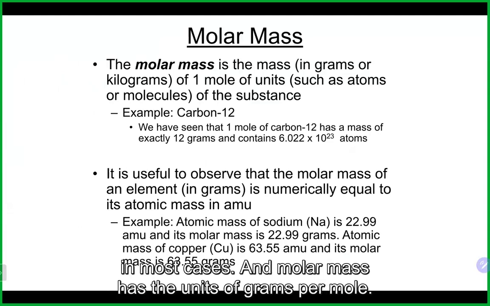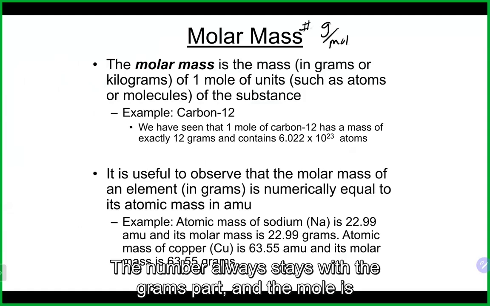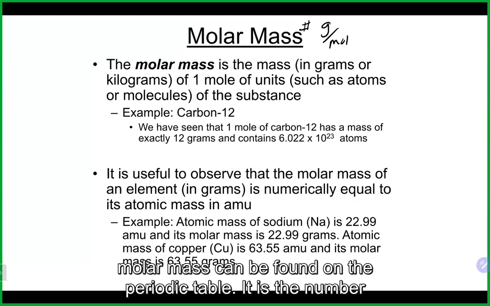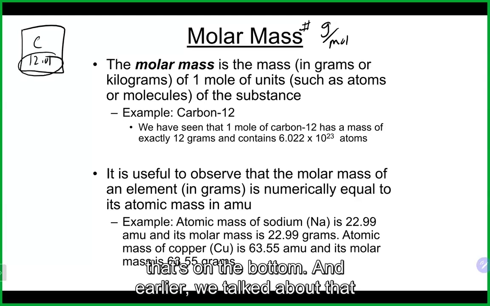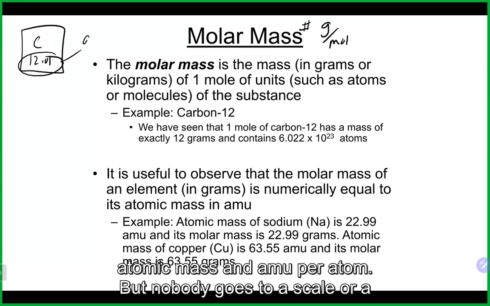And molar mass has the units of grams per mole. The number always stays with the grams part, and the mole is always 1. So it tells you how many grams there are in a mole. The molar mass can be found on the periodic table. It is the number that's on the bottom. And earlier we talked about that number being the atomic mass in AMU. And it is technically the atomic mass in